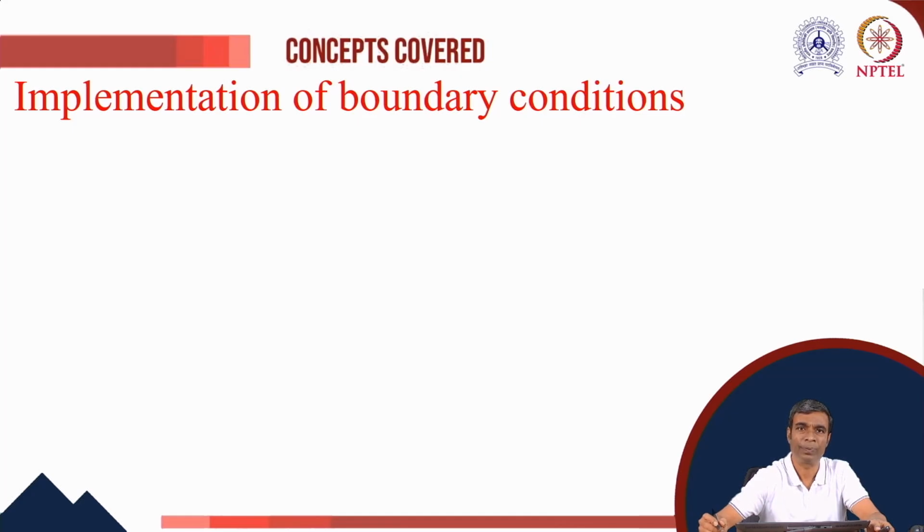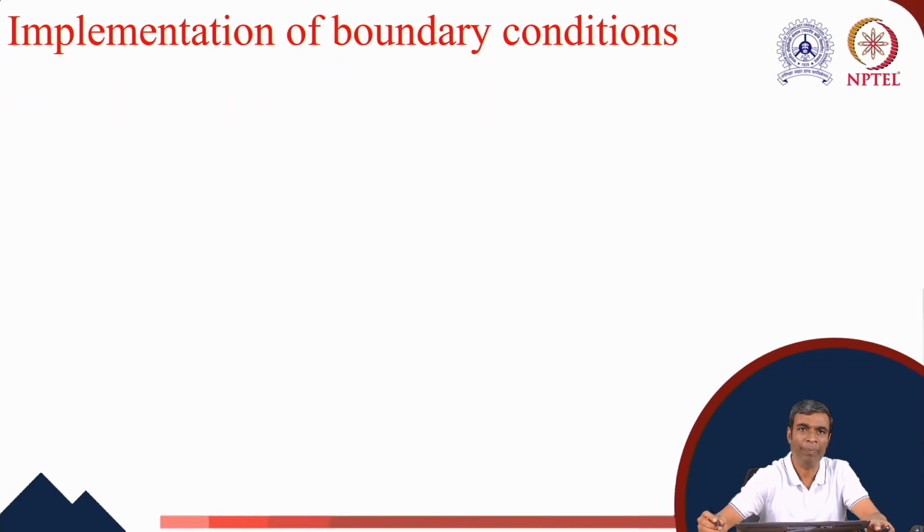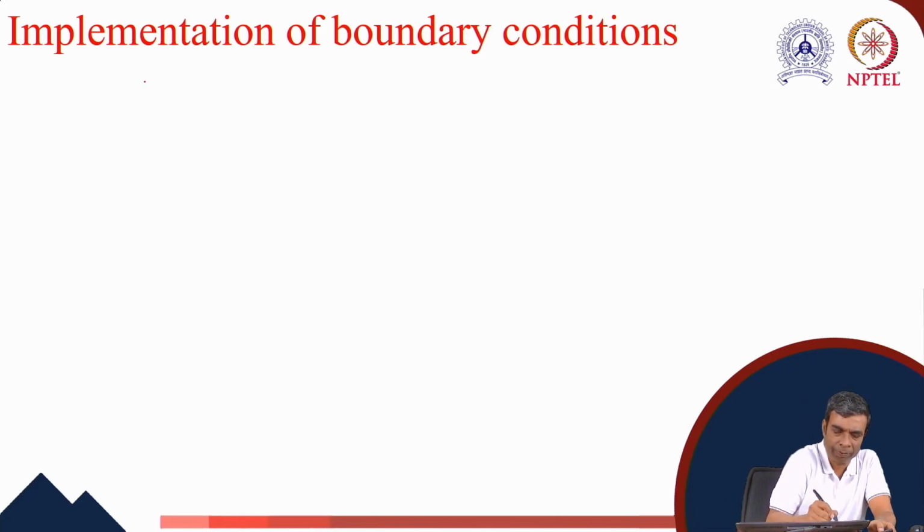In today's class, we shall illustrate the implementation of boundary conditions in conjunction with heat conduction problems in 1 dimension and 2 dimensions. In the previous weeks, we have already considered some cases of convective, radiative, essential as well as natural boundary conditions in conjunction with heat conduction problem, mostly in 1 dimension, and for EBC, we have also shown in 2 dimensions. So, for a heat conduction problem,